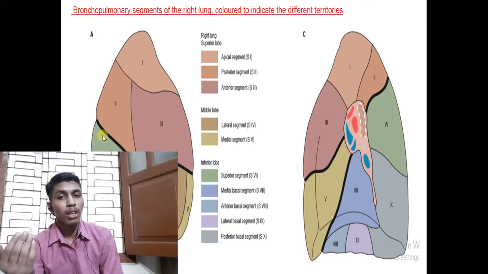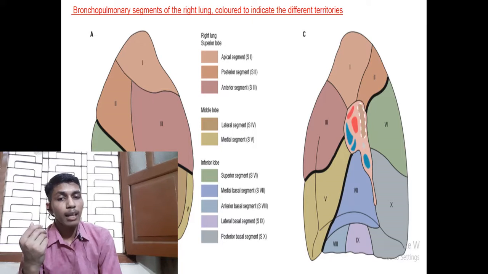In the lower lobe also there is something at the topmost or the uppermost, we can say it is the superior. So this is the superior, and basically the seventh, the medial basal segment, is not seen here. So this is the anterior aspect, the anterior most, so it is the anterior. Basically these three are the segments of the lower lobe.